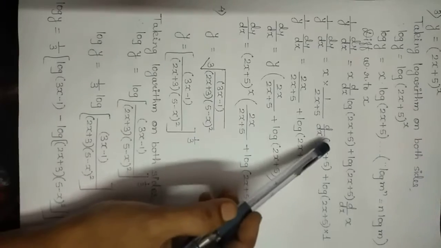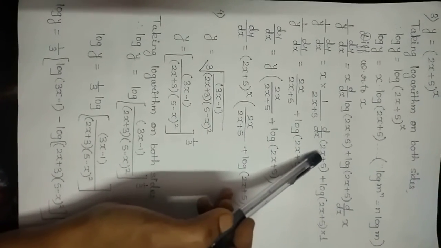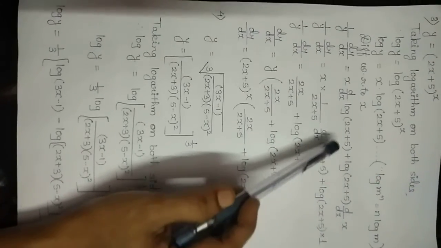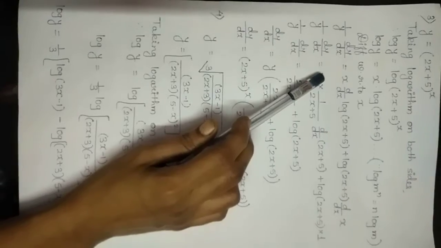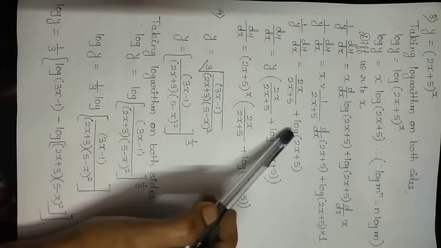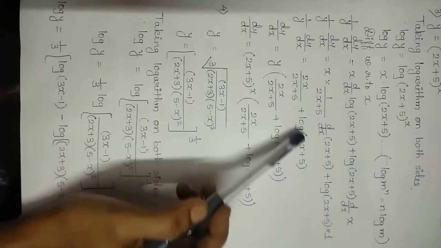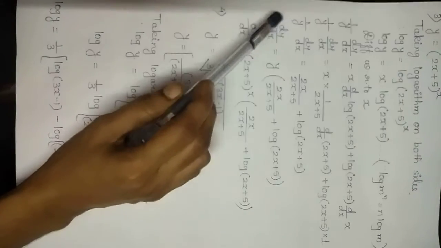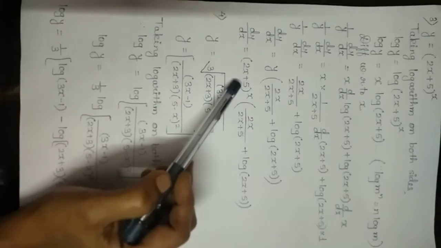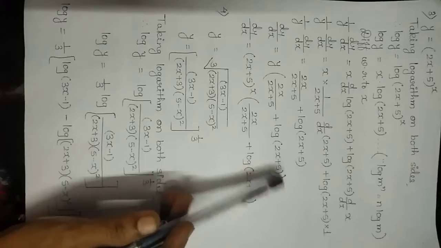Now in the next step we will find the derivative of this. The derivative of 2x is 2, plus the derivative of 5 is 0. So here we will get the answer as 2. So that 2 into this x, that is 2x upon 2x plus 5, plus log of 2x plus 5. Now here no term gets cancelled, so these terms will be as they are. Shifting y to the right hand side and resubstituting the value of y, this will be the derivative for the given function.